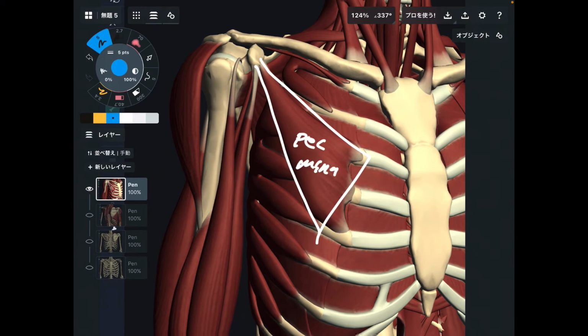This muscle attaches to scapula and ribcage. Main function is this muscle moves scapula. But let's look at here. This is ribcage. Pec minor attaches to ribcage. That means this guy aggravates breathing. If breathing is aggravated, that can affect scapular movement. Why is that? Because pec minor attaches to ribcage and scapula.